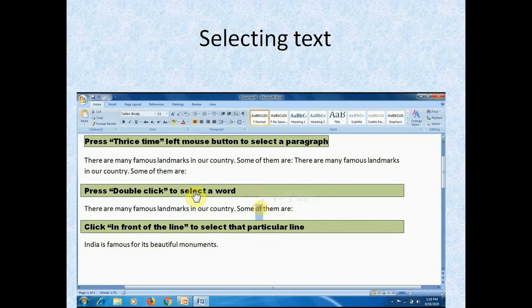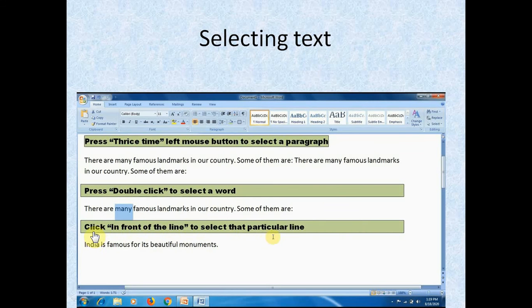To select a single word, like there, are, many, or famous, any word from the sentence, you have to double click. Go to the word and double click.